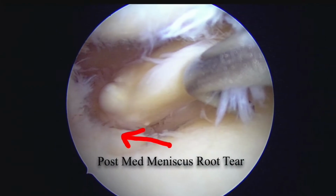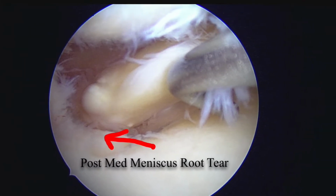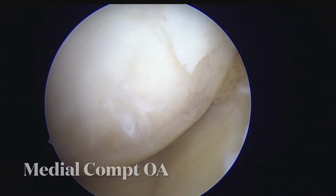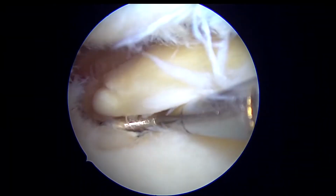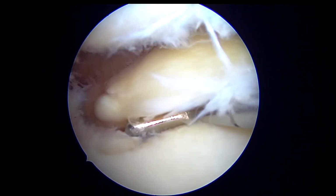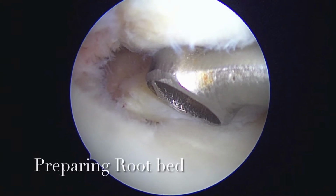This is how it looks on the arthroscopic view of a degenerative posterior medial meniscus root tear. This patient also had medial compartmental osteoarthritis with some cartilage changes on the femoral condyle and tibial condyle as well. So this is how, on the diagnostic arthroscopy, we probed and we found the posterior medial meniscus root